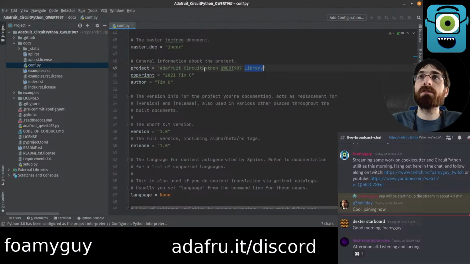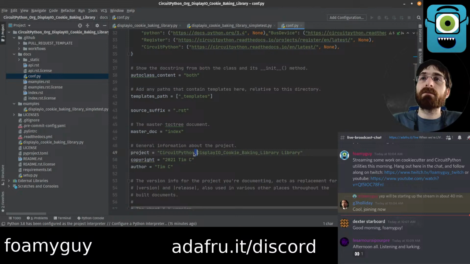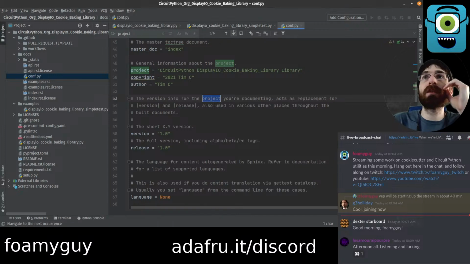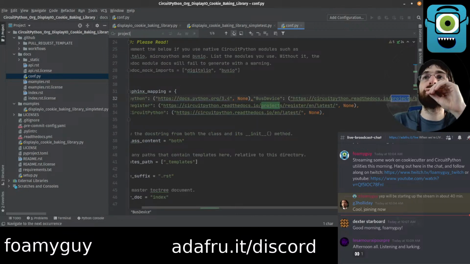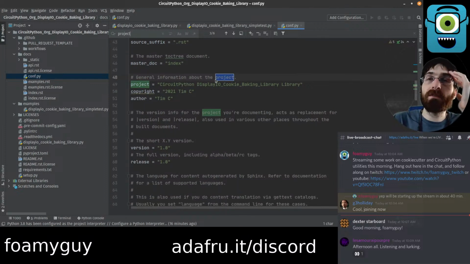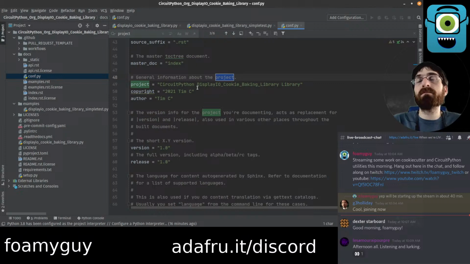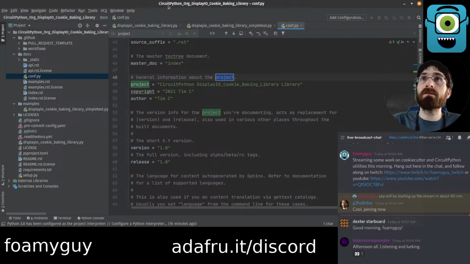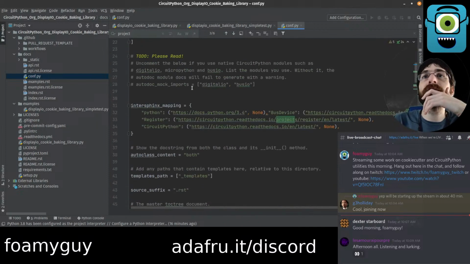Maybe we could add org, I guess, right? We could go CircuitPython org in the name of the library and then library. Is that all we want to change? Does this variable project get used? I mean, I'm sure PyPI uses it, but it doesn't get used anymore inside this script. Yeah, I guess let's add org, because we do put org in the name of the repository, CircuitPython org. So we want to make the name here match. Although,